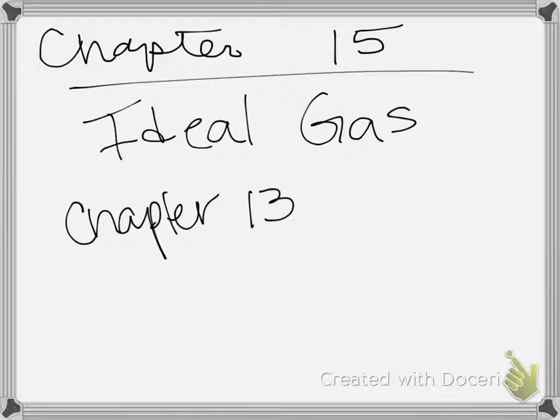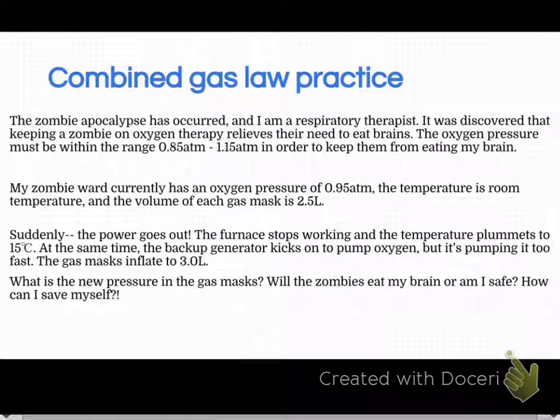So, once again, you're going to print these notes. I did change the notes a little bit. You only have to print the last few slides. So you're going to look for the slide that begins where we left off, which is combined gas law. I think it's slide 17. Okay, so what we're going to do here is try